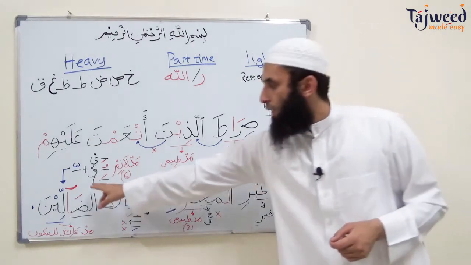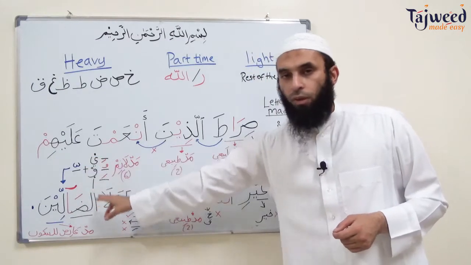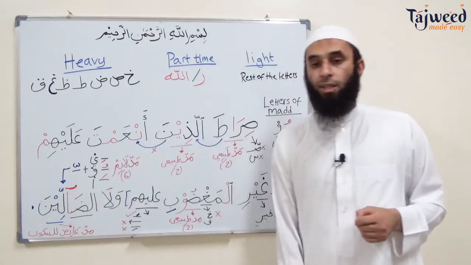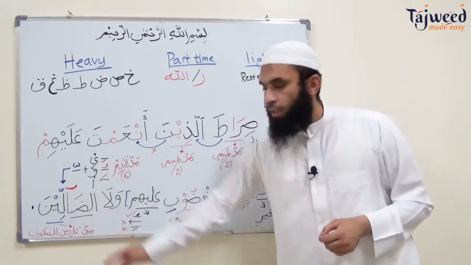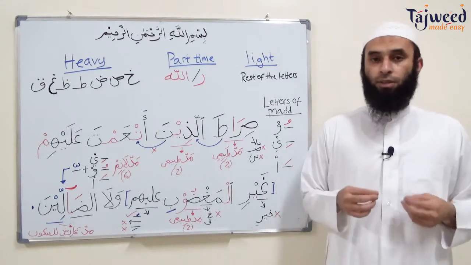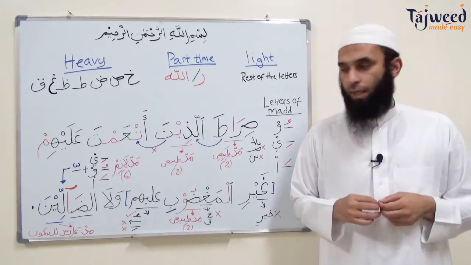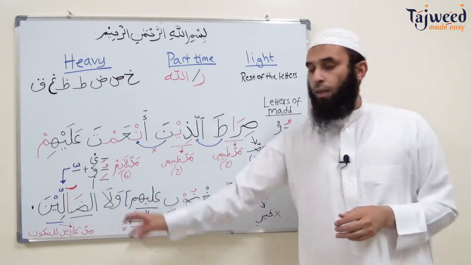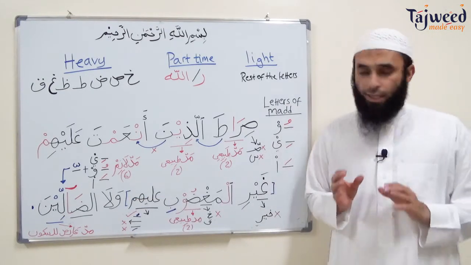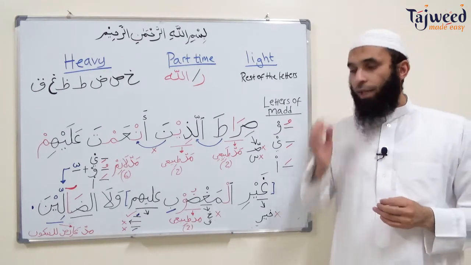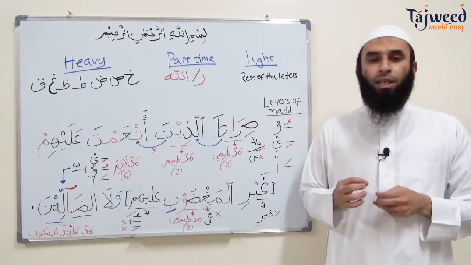So if there's one of the huruf al-mad, one of the letters of mad, followed by a letter that has a shadda, we're going to hold this to 6 counts, okay? We're going to stretch the dad to 6 counts. Now we need to be careful of a few things here. Number one, it should be only 6 counts. No more, no less. غَيْرِ الْمَغْضُوبِ عَلَيْهِمْ وَلَا